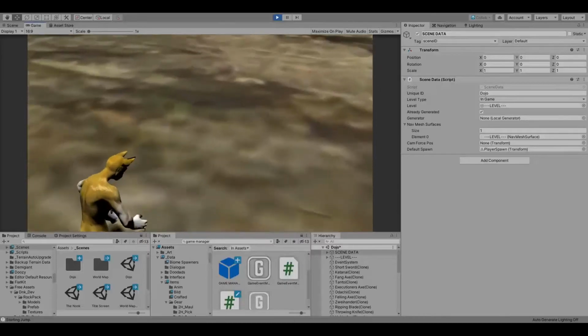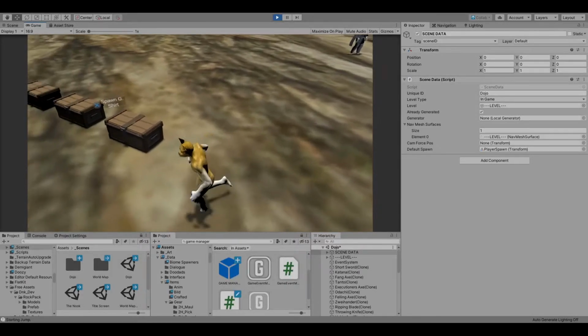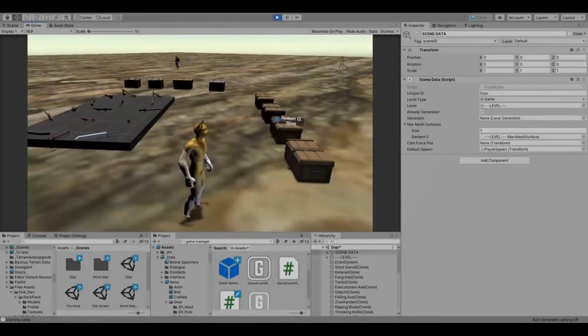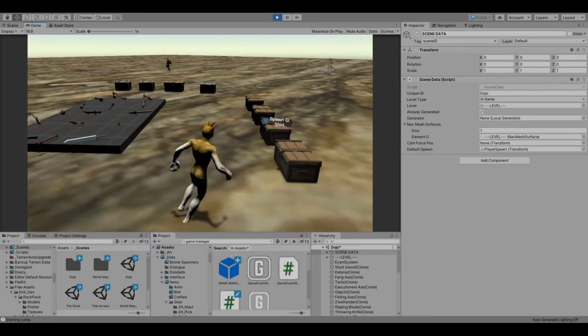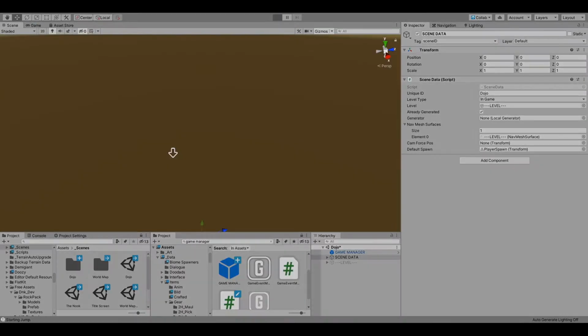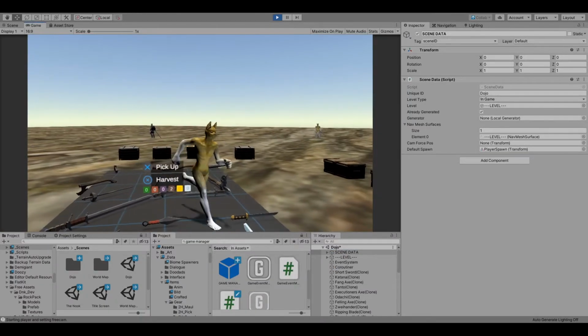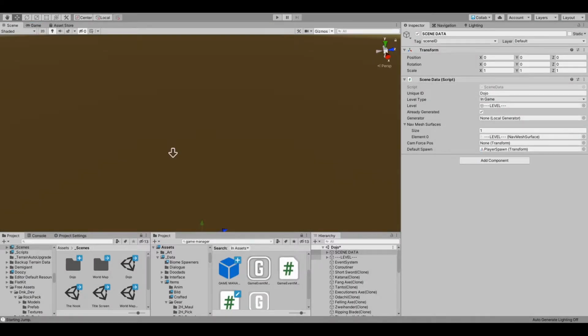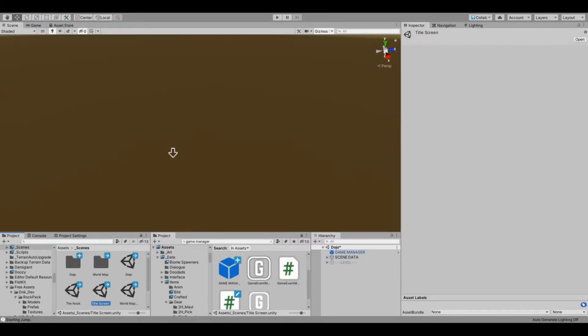If I click pause, no, that's not working. Yeah, so then it allows you to still play the game. So if I go out again and go in, the game loads, and everything's fine. So if I go back to the title screen, don't save,